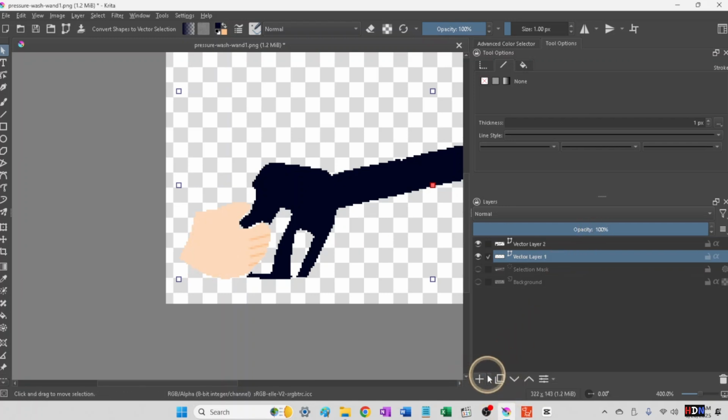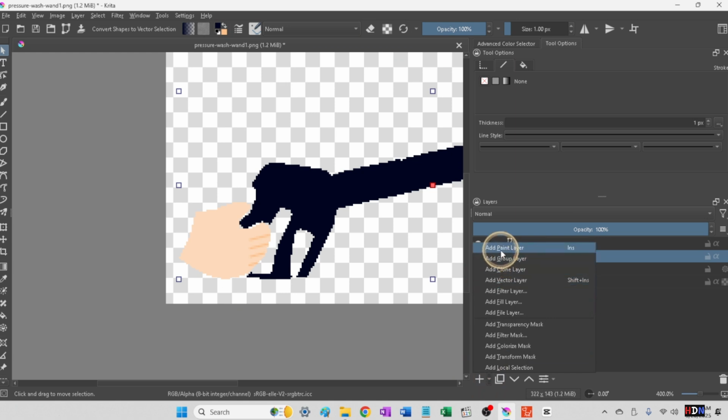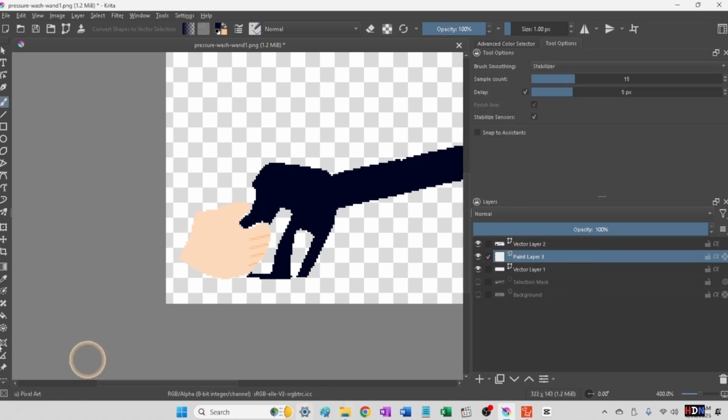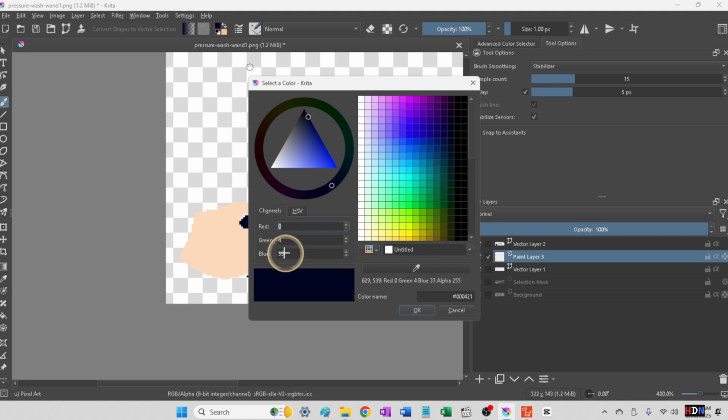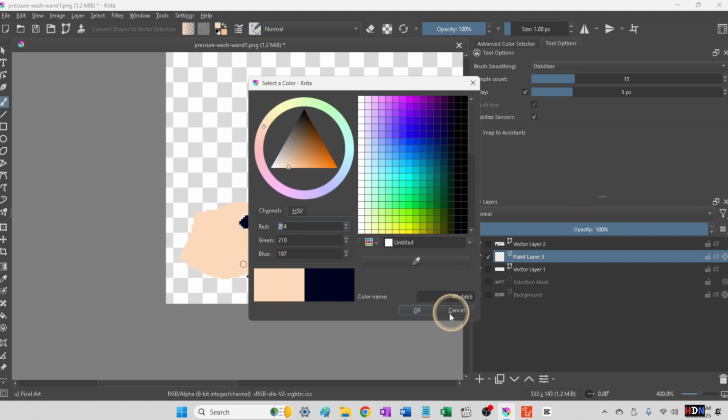So the easiest way would be to make a paint layer so that I don't necessarily have to go over, and then with the skin color and a pretty good size brush,